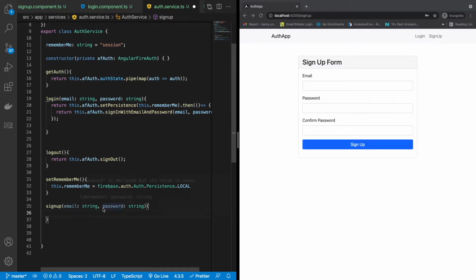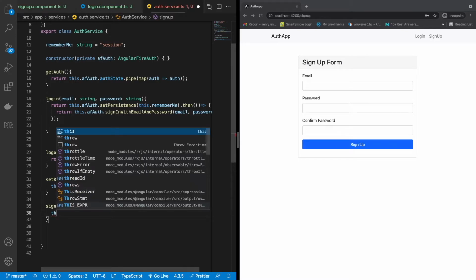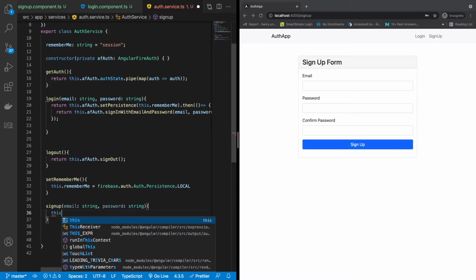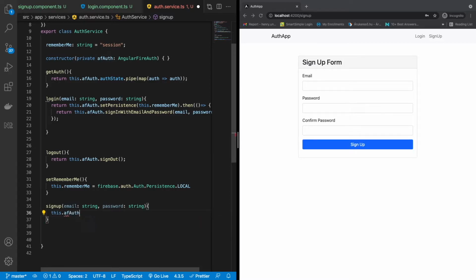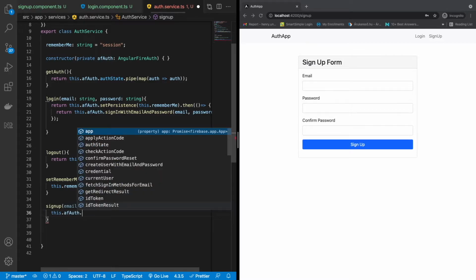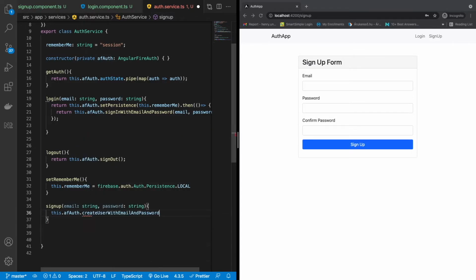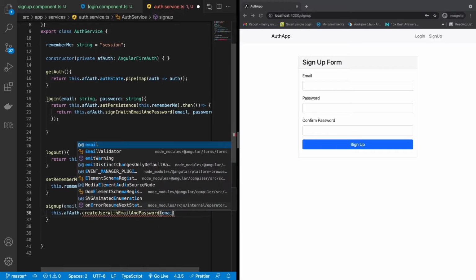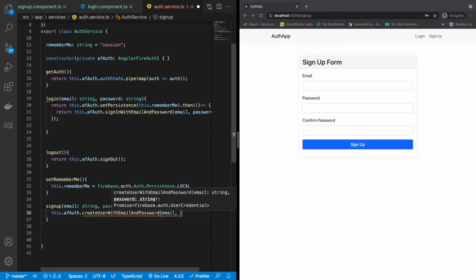It returns a promise by default, so we just want to call the create user. There's a method that we can get from the Angular Fire auth, and this is called createUserWithEmailAndPassword. So that's how you can create a user. So Angular Fire auth, createUserWithEmailAndPassword, and then you pass in those two parameters. The first one is the email and the other one is the password. All right, so we have these two